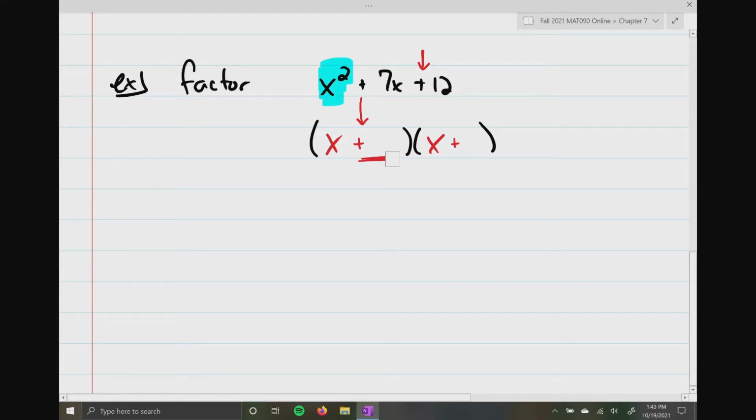So now the only thing I got to be concerned with here is what two numbers multiply to give me 12 and then add to give me 3. And I'm going to write down these steps for you, so don't worry. So if I come over to the right-hand side, here's my goal. I'm going to write out the factors of 12. So 1 times 12, 2 times 6, 3 times 4. Okay? Now, these two numbers